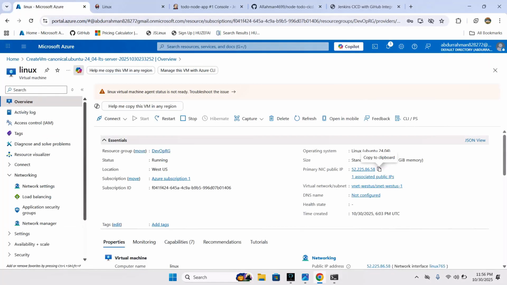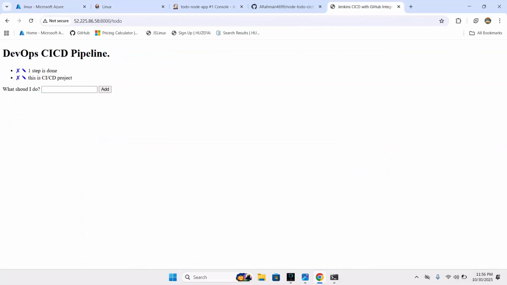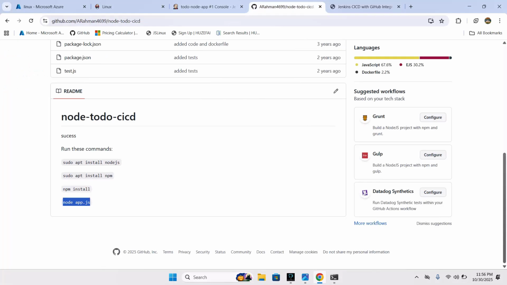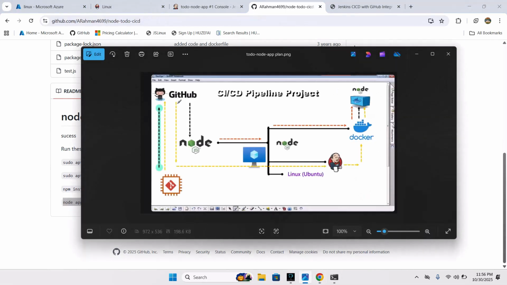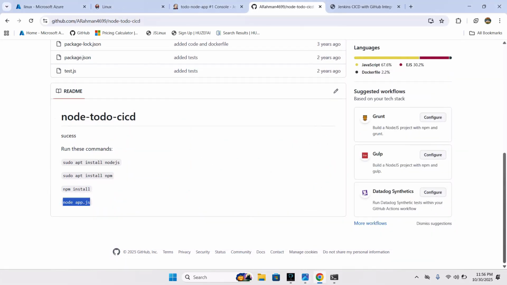So now I need to do this in my Jenkins. Okay, we're going to do it using Jenkins with Docker. The Node.js app is running here, and we're going to run it using a Jenkins Docker container. For that,